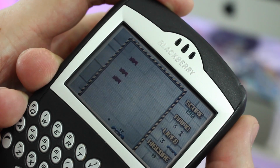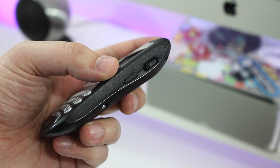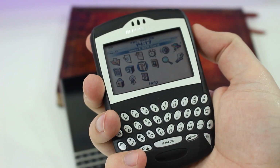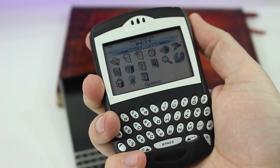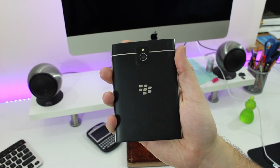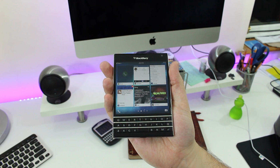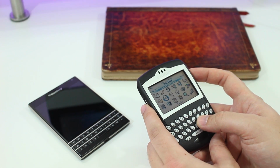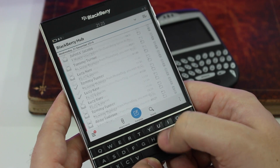good quality plastic either. That said, it's got some really nice curves around the edges and on the back to make it a really nice ergonomic feel in hand. In fact, it feels like it belongs in your hand. The Passport is heavy and square and huge in comparison. One is like carrying around a very personal and intimate communications device, and the other one is like carrying around